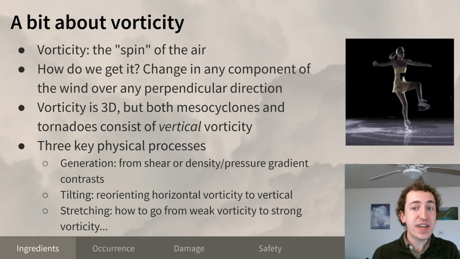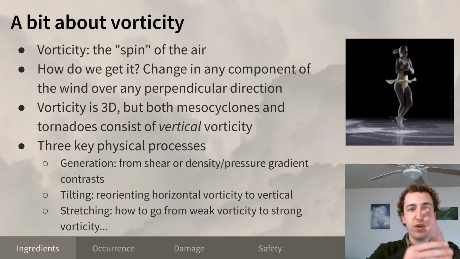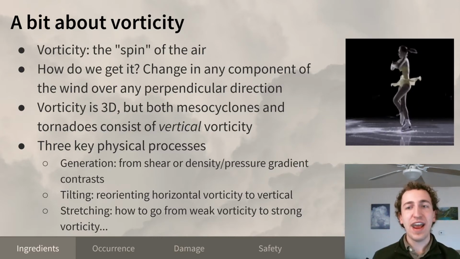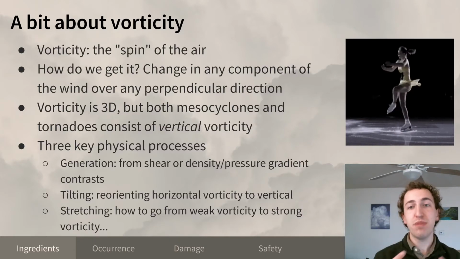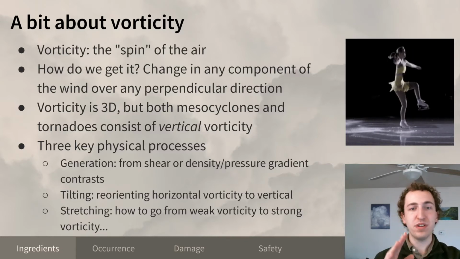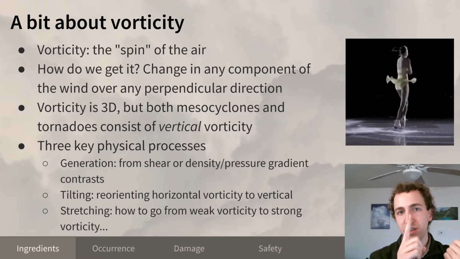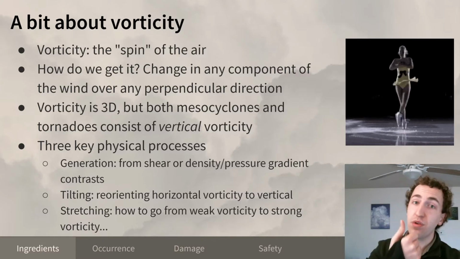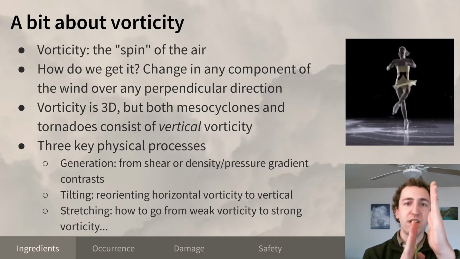That's the little curl or the spin that's in the air. And how we get vorticity in the air is really a change of any component of the wind. So wind in space is three-dimensional, so there's three components. And if the magnitude of the wind in any of those components changes over any perpendicular component, so if the vertical wind changes in either the x or the y direction, or if the x direction wind changes in either the vertical or the other horizontal direction, what that means is that you get a change in wind speed across